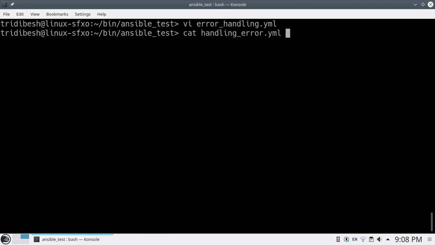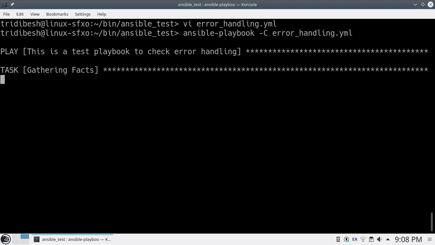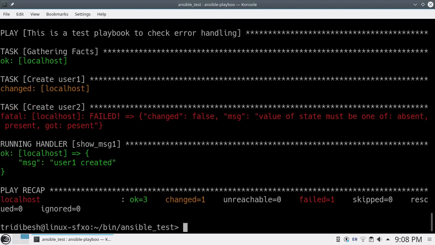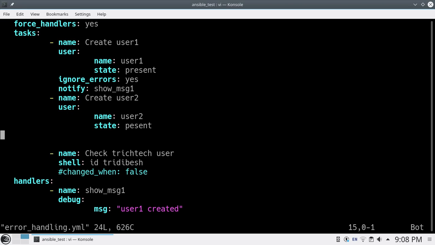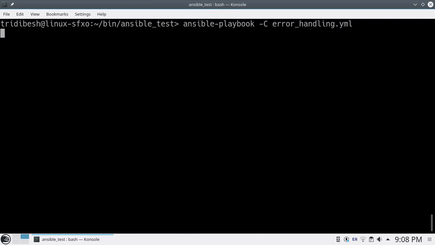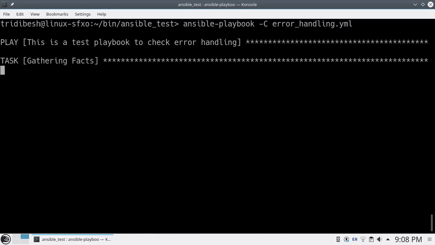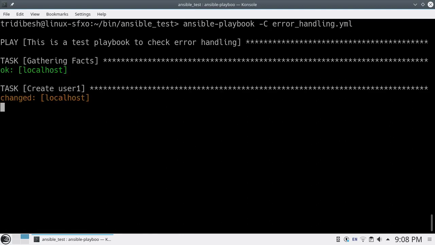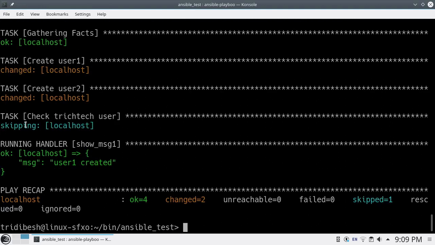Now let me run this again. So for the shell module, it will obviously say it is changed. Sorry, I need to put it here also, ignore errors, or let me fix it. So you should see, just doing an id check for that user, it will say changed.